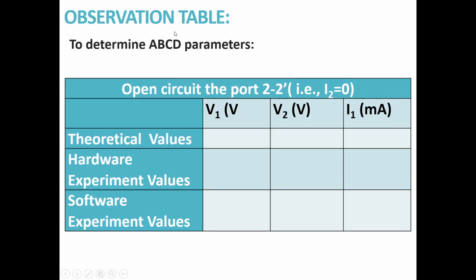So let us see the observation table to determine ABCD parameters, that is transmission parameters. ABCD parameters are nothing but transmission parameters. So first of all, open circuiting the port 2 dash, that is I2 equal to 0. 2 dash is open circuited, that is I2 equal to 0. So when I2 equal to 0, you have to note down V1,